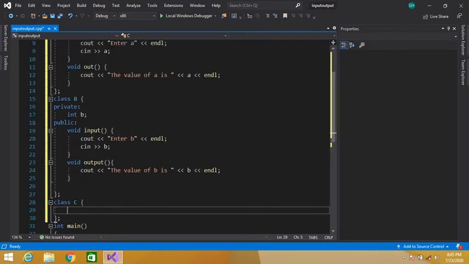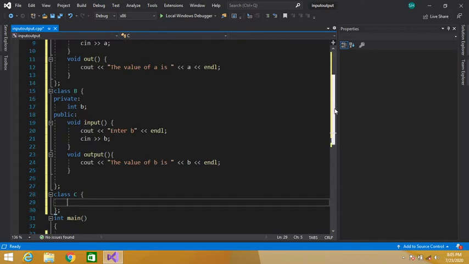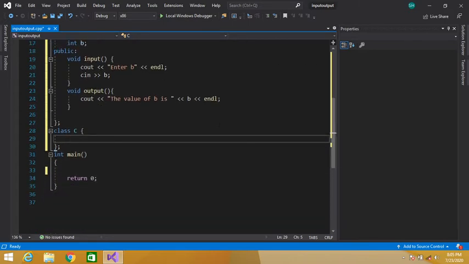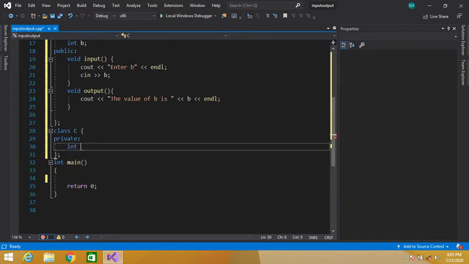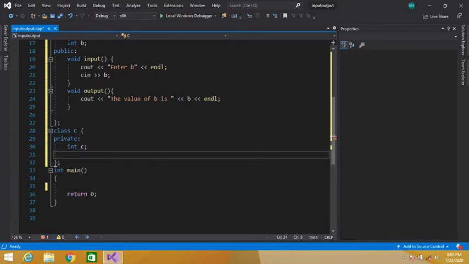This is our class B and this is our class C. Okay, good. Let's also have a private data member int c, and public.